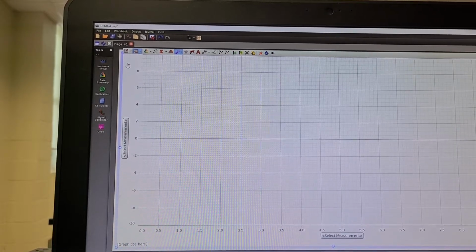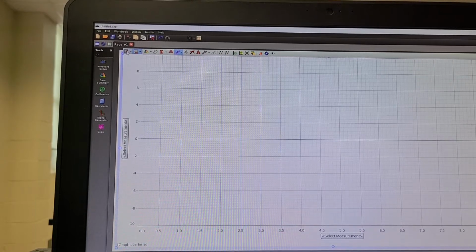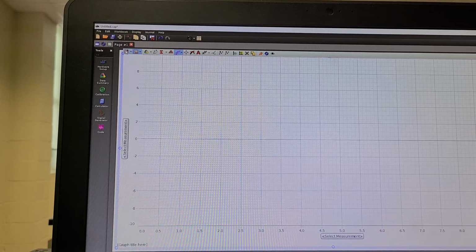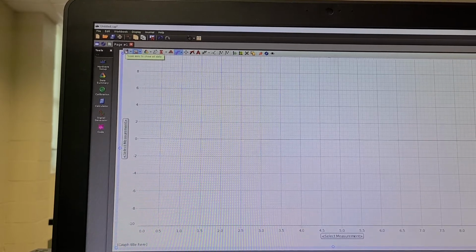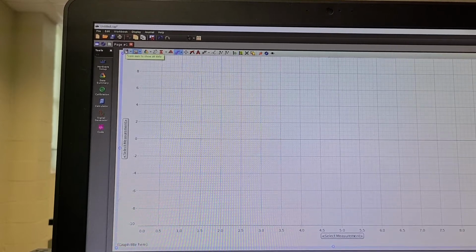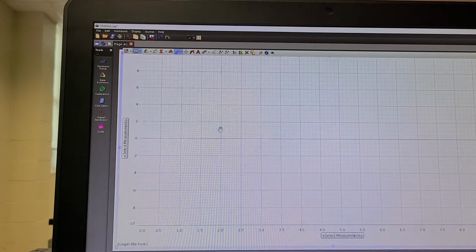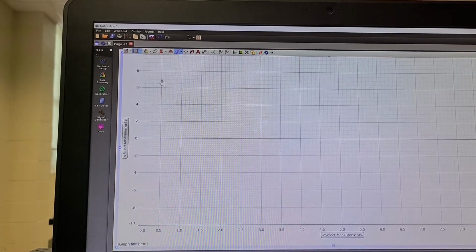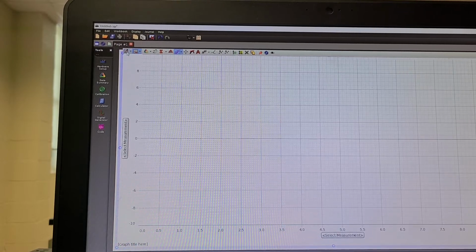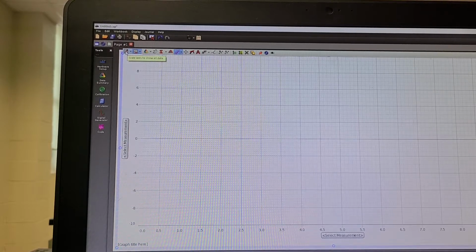So we need to know what some of these menus are. Okay, so the very first one, menu number 1, is this one right here. All right, if you put your mouse over it, it will say what it is. It's Scale axis to show all data. This is the same as maximizing the graph, because sometimes when you do the experiment the graph will show up only in a narrow region. So if you click on that, it will make it fit the whole screen. So that's nice to know, number 1. You can write down either one: scale axis to show all data.